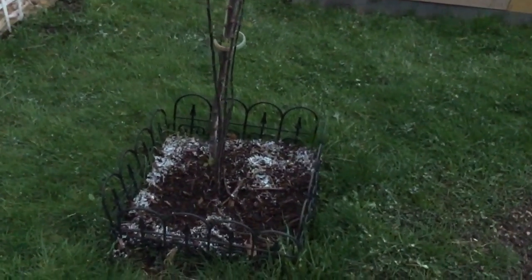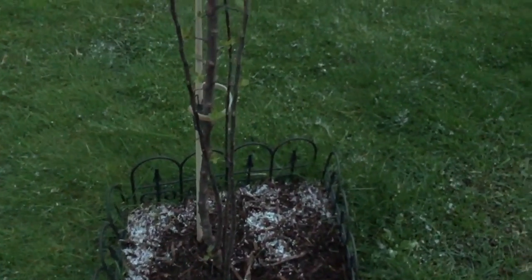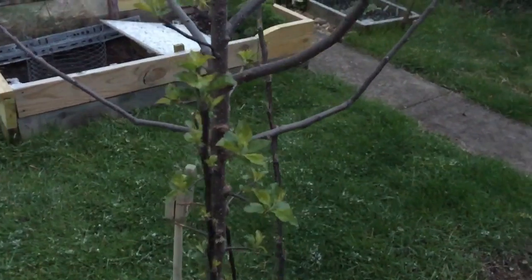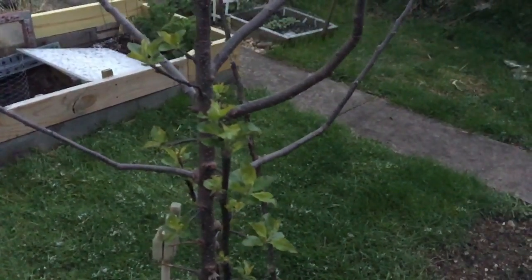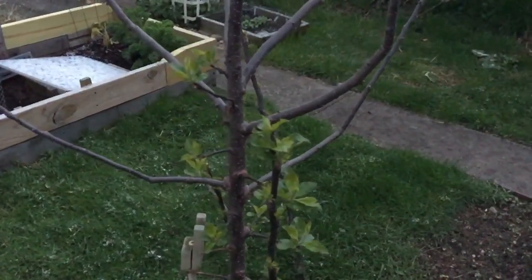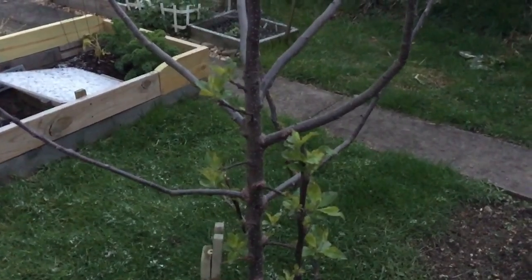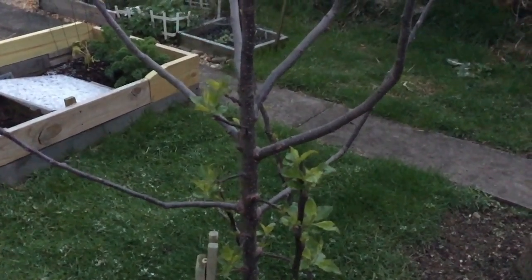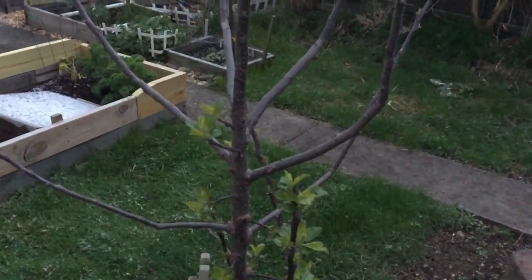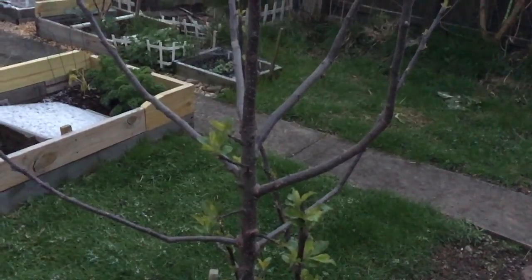As you can see, there's snow. Not much, but enough that there was a frost last night. This is my apple tree, which has already got some leaves on it. I hope we're looking at a week or so of very cold weather,